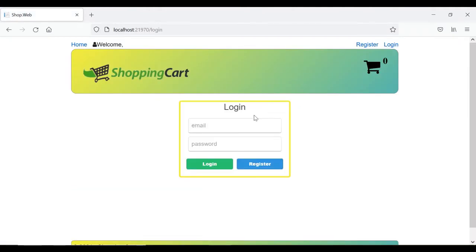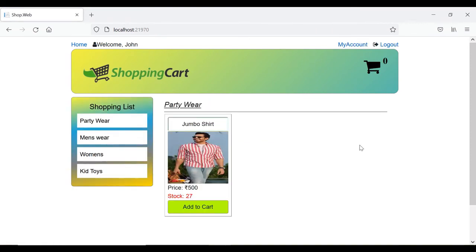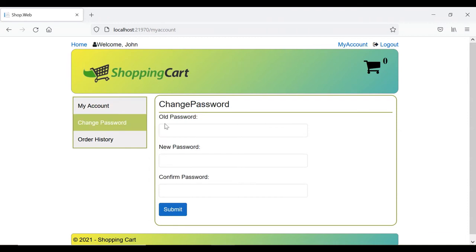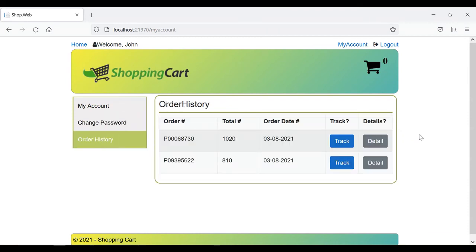Okay, let me log in. Let me go to my account. So here, if you see, I have this three tab structure, and this first one is active because by default the my account flag is set as true. If I click on change password, I have this other structure, and if I click on order history, I have this structure.